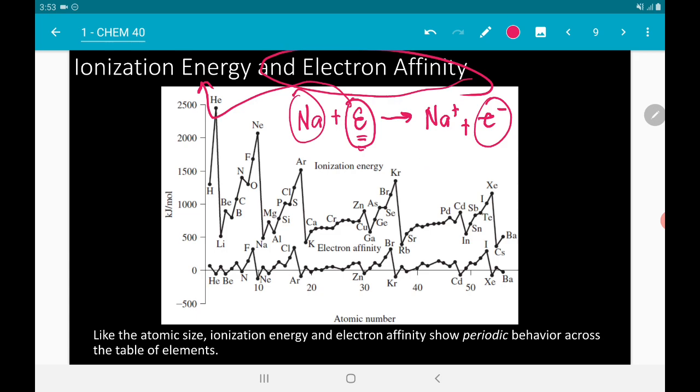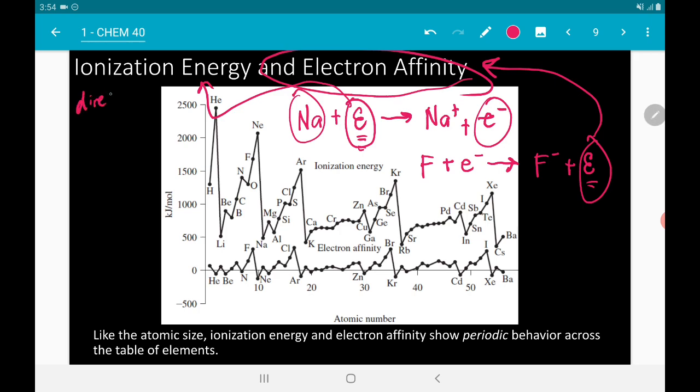Electron affinity naman, for example, meron kayong fluorine plus electron. That is the energy released when fluoride forms. So, this energy is electron affinity. Ionization energy and electron affinity are both directly proportional to Z effective. So kapag nag-i-increase ang effective nuclear charge ng iyong atom, tumataas yung both ionization energy and electron affinity. Kaya ang nangyayari, yung tendency,